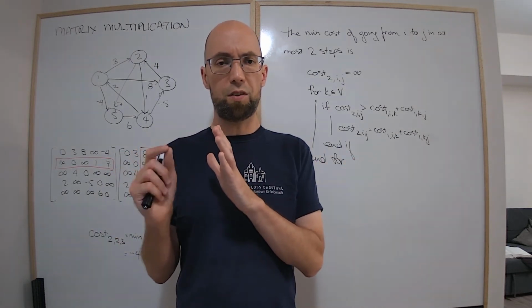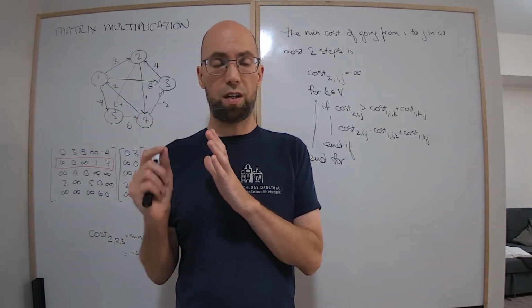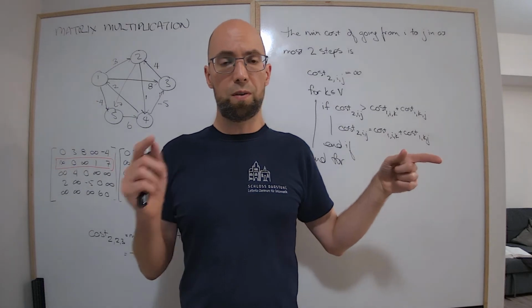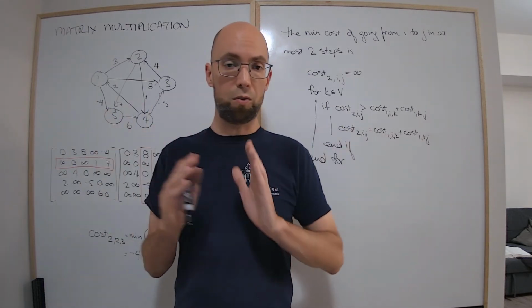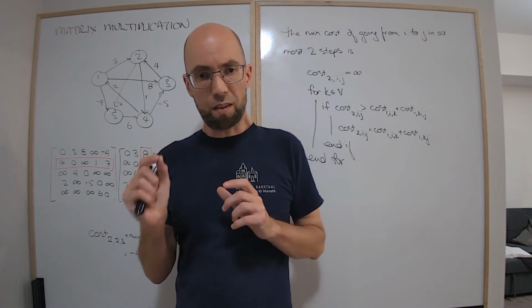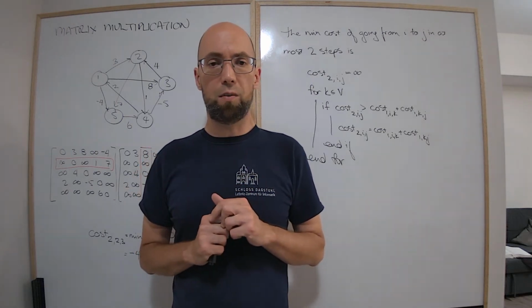For the entry in the ith row and jth column of the product, to work out the whole matrix, you loop over i and j,